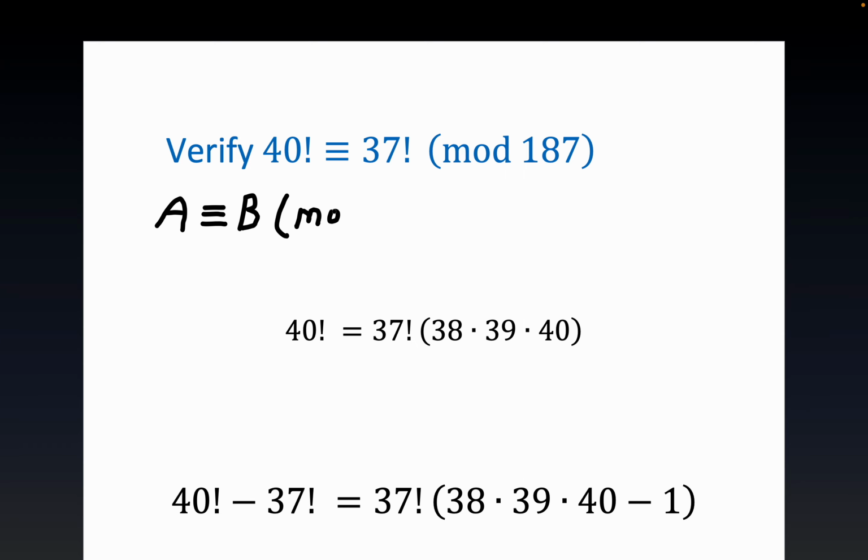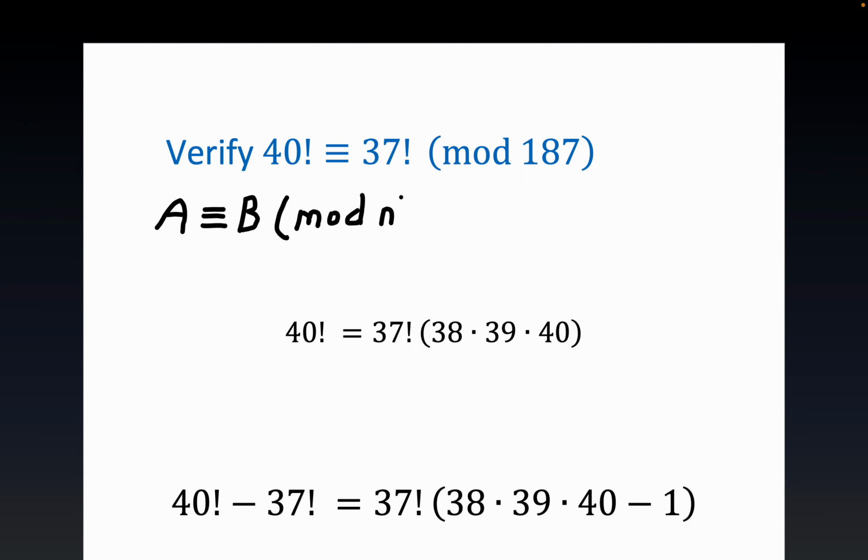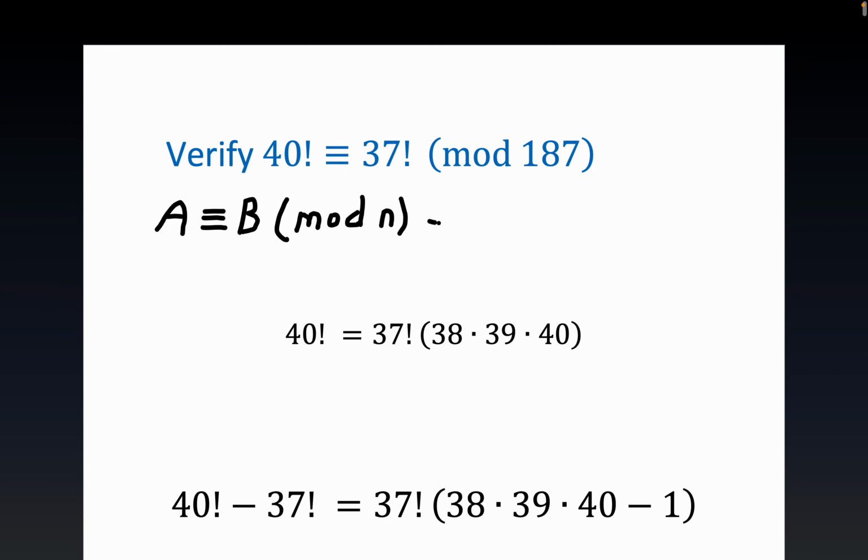The problem that we're looking at, the modulus is 187. But in general, what this means, and there are actually 3 different ways that I know of that you can write the definition here. So A is congruent to B mod n. Now I'm going to use the formulation that we're going to use to demonstrate this, but I'll put a double arrow to denote that this is the same thing as, almost like a definition. So if the difference, if A minus B,